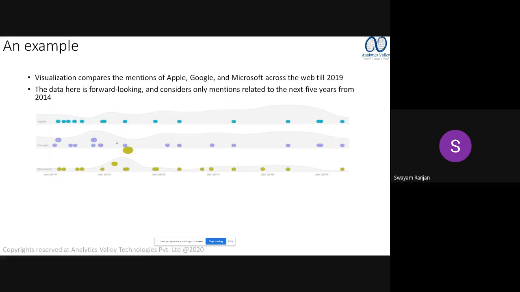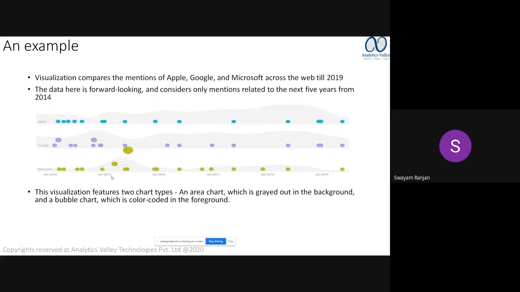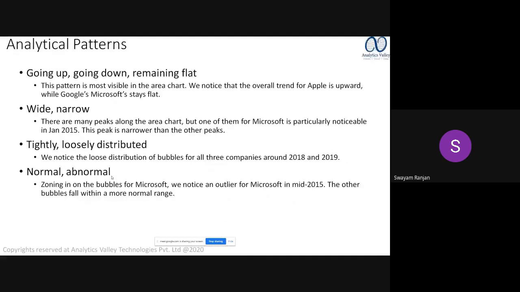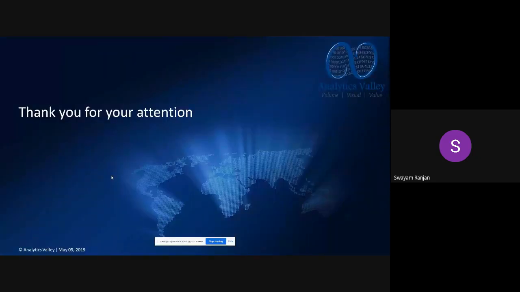Now there are 3-4 ways to present a graph. Here I am presenting 3 pieces of information: a bubble chart and an area chart. I am trying to compare multiple companies, Apple, Google, Microsoft, within the same graph. This is called a 3-dimensional graph, but represented with 2-way positioning, so that when I look at the graph, I'm able to make inferences from it pretty quickly. This is what analytics patterns are all about, wide and narrow. I have already discussed this with you.